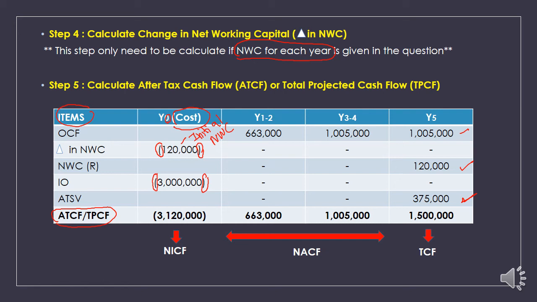So for year 0 regarding cost, just add 120,000 to the 3 million, so you will get the amount 3.12 million. And because that is under cost, it must be in brackets for that value. Okay. And then for year 1 until year 2, you just add information on OCF only because they only have information on OCF. So the amount is